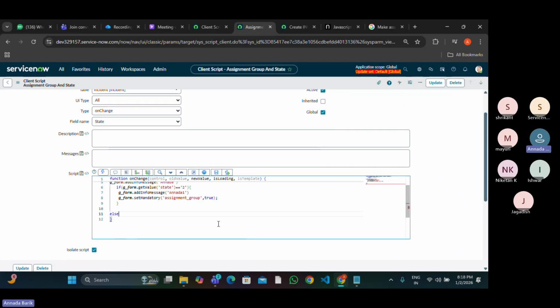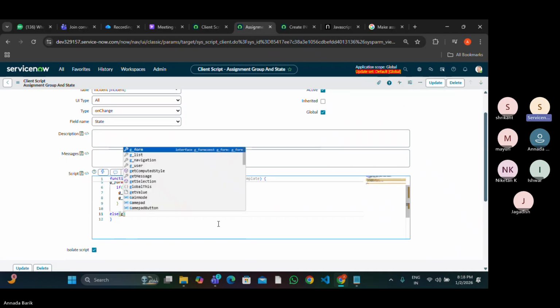Like this: set mandatory system false. Yes, set mandatory, the field assignment group should be false, non-mandatory. So you should write that in that particular method, in the else block. So you should write that also. You should try debugging like this through add info message